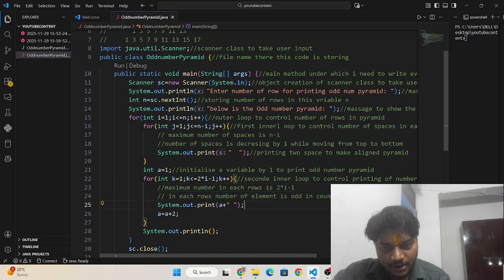And I have printed the number with one space.